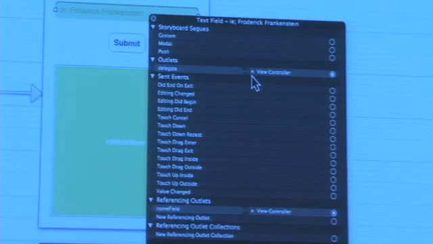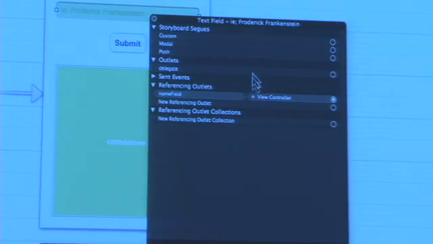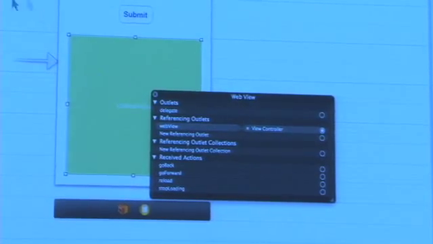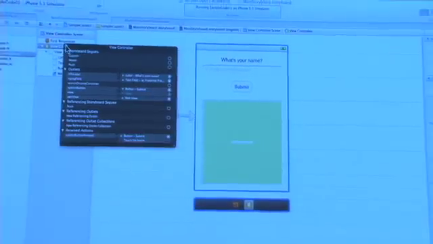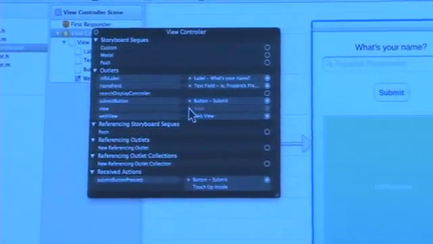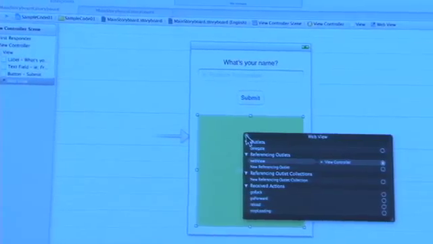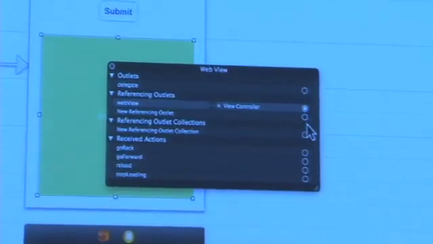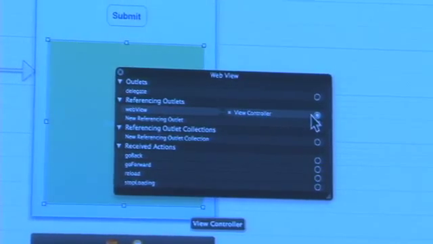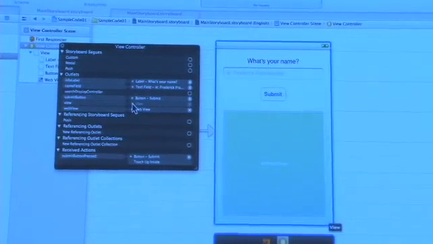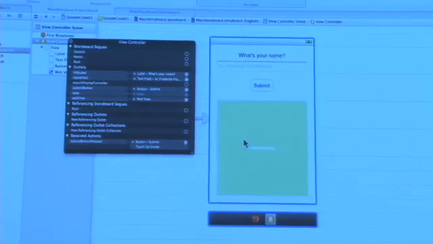So let's disconnect everything. We don't want that. We'll leave the outlets. Another mistake that people often make is they accidentally set up the wrong view. So if we connect this as an outlet back to the view controller, nice. The good news is